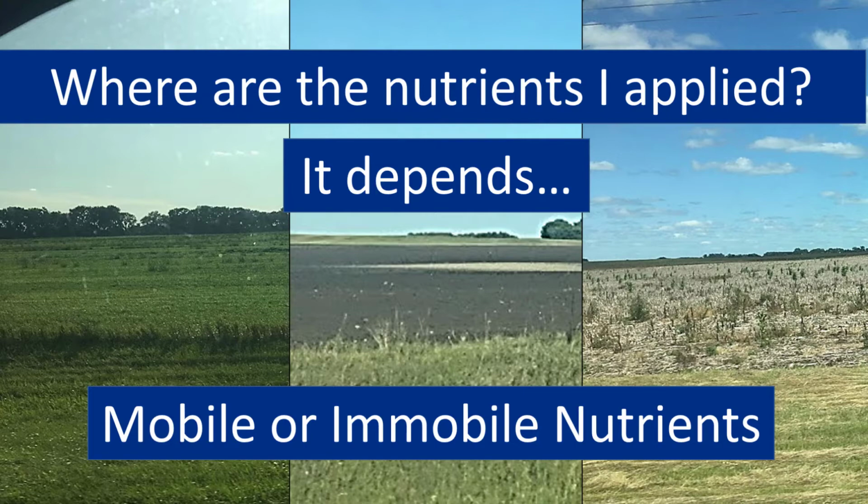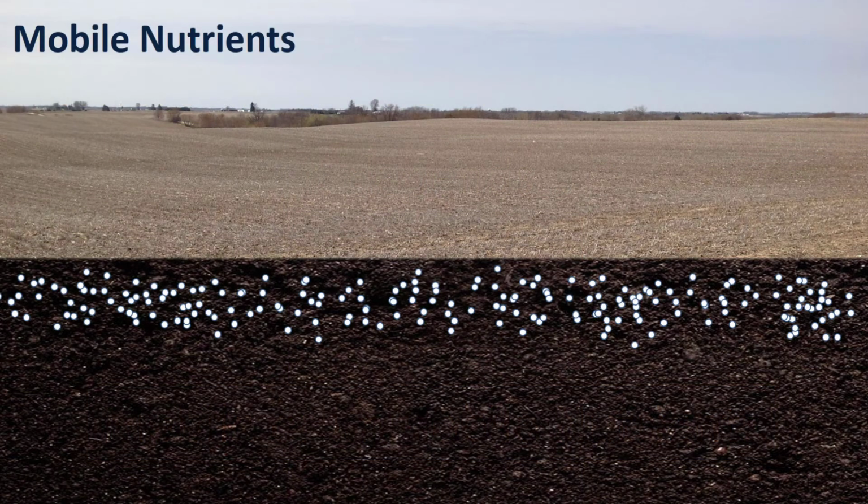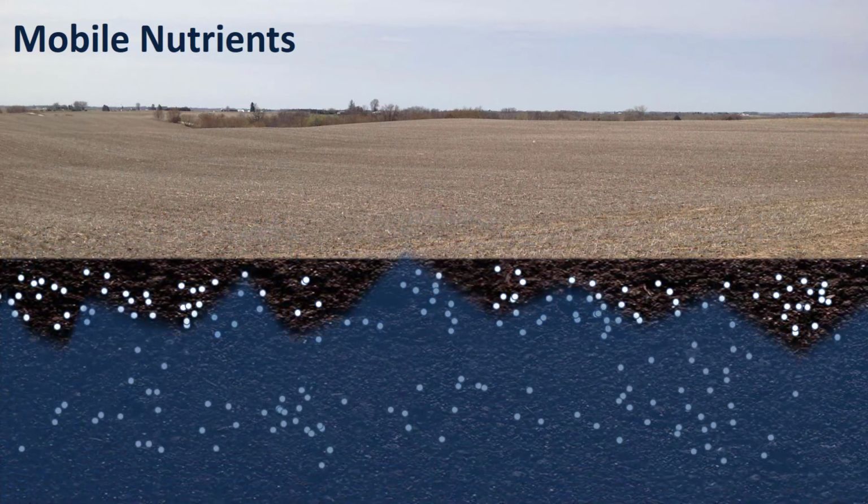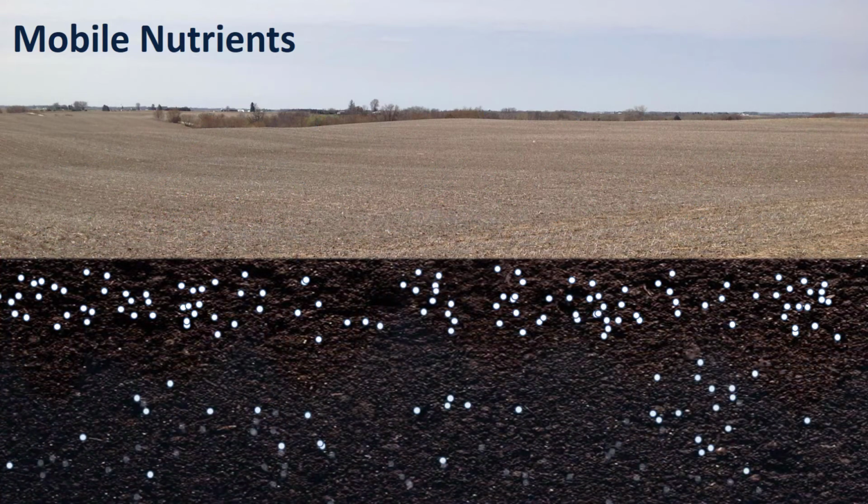So for example, if we talk about those mobile nutrients first. So here we have our field, we've fertilized it. You can see the small white dots are the fertilizer in our soil profile according to depth. So as we can imagine, as we applied those, the rains came and those mobile nutrients moved down with that water. As that water moves down, and a lot of them tend to move down and out of that area in the soil that our roots can get down to and be able to use those nutrients. And those are what mobile nutrients are. Mobile nutrients move a lot in the soil, with that soil water especially.